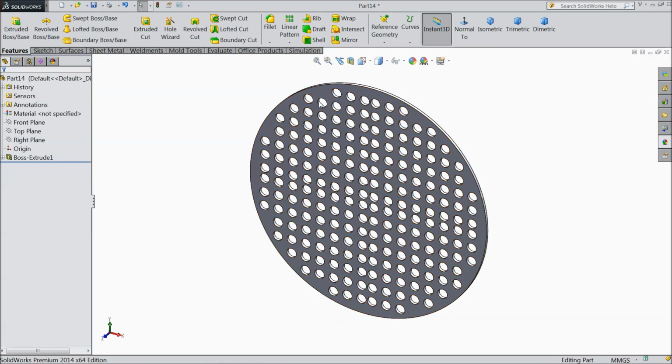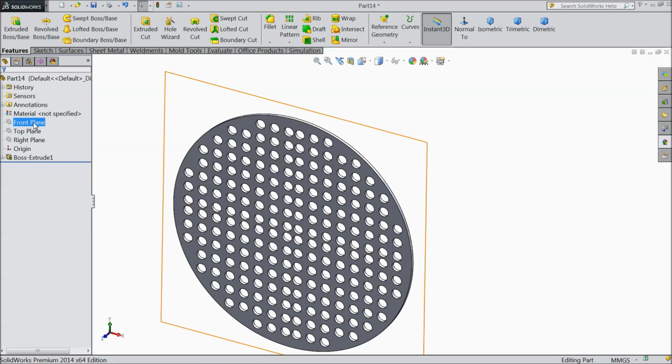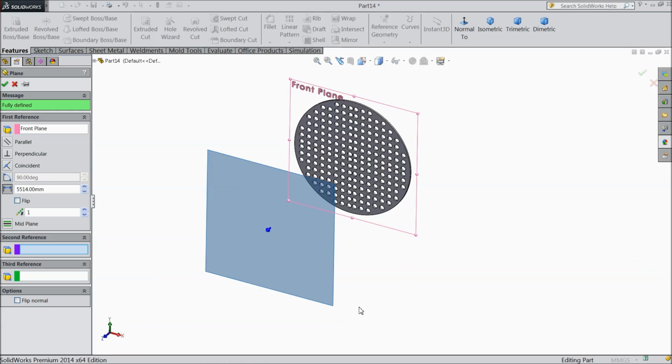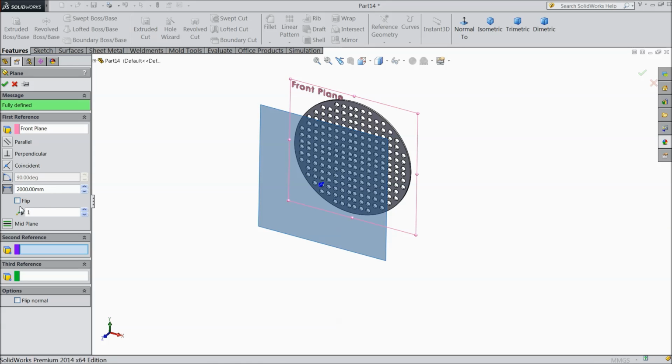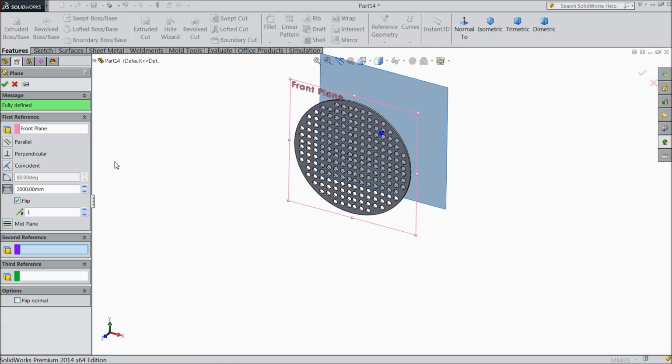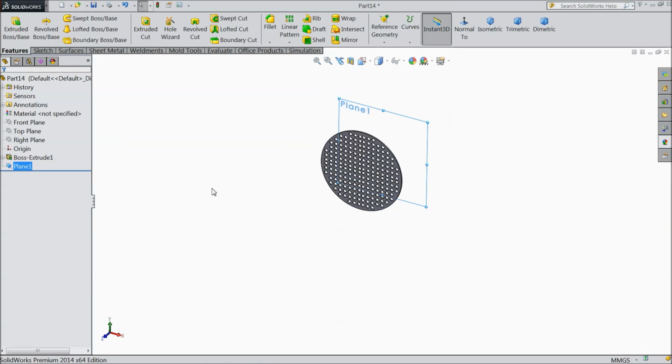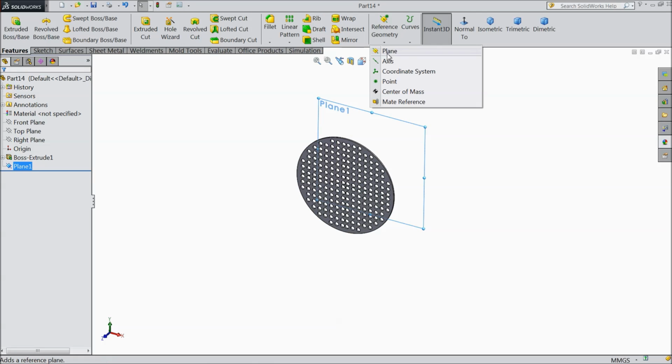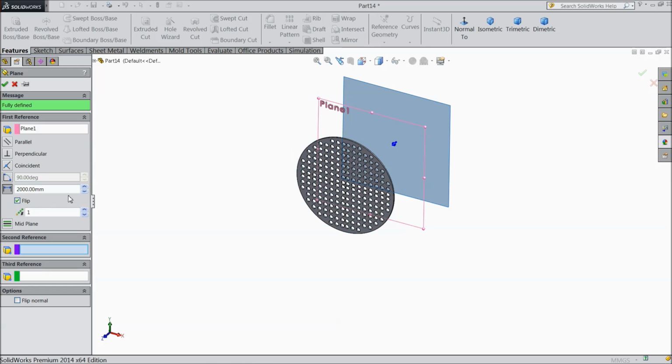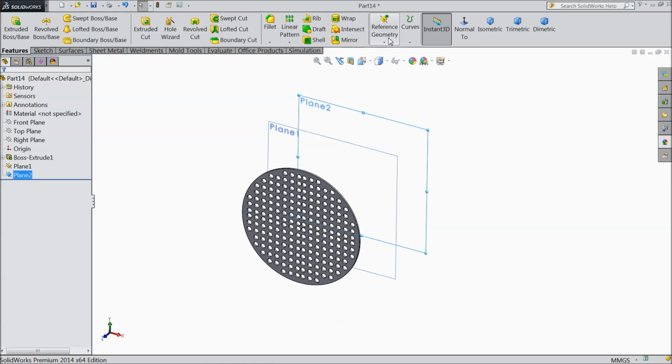Now we will create 6 planes. So let's start. Choose front plane, keep length 200 mm, flip direction. Okay. Now select plane 1, plane again, flip side, 2000 mm. Okay. Now the same, select plane 2, and choose plane,